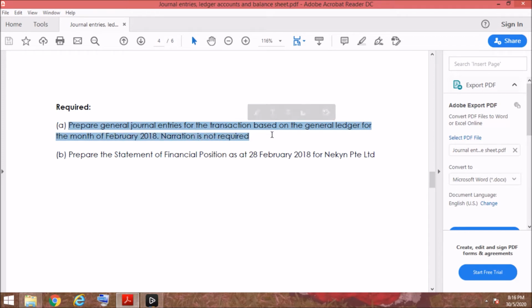So here, contrary to the accounting flow, I'm asking you to do the reverse this time round. And through this, I hope you have a better understanding of how to prepare journal entries and how the general ledger works. And next, we have to prepare the statement of financial position as at 28 February 2018 for Nikin